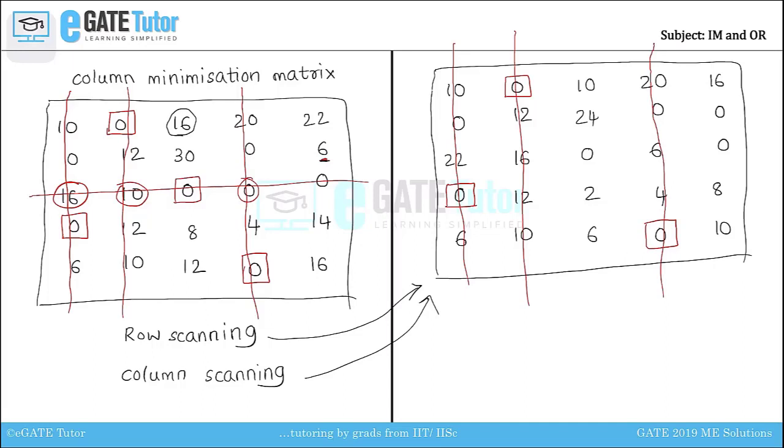Let us move on to column scanning. Since first column and second column are already striked off, we don't have to look for the column scanning operation in the columns. The next column will be the third column. In the third column, we have 1 zero in third row. So let us make an assignment for that column and let us strike off the corresponding row. Next will be fourth column, and the last will be fifth column, where we have already 1 zero which is striked off and we have 1 zero free. So let us take an assignment for the zero which is free and let us strike off that particular row.